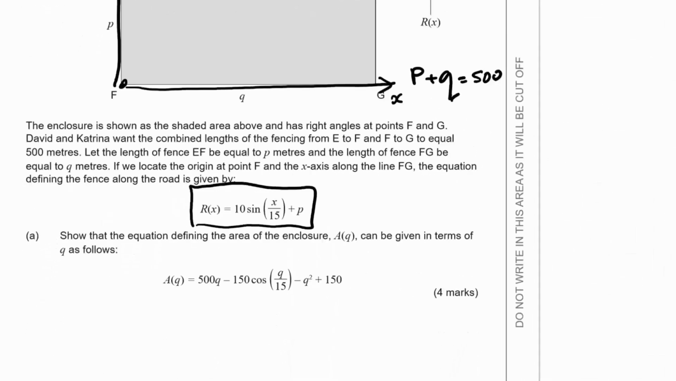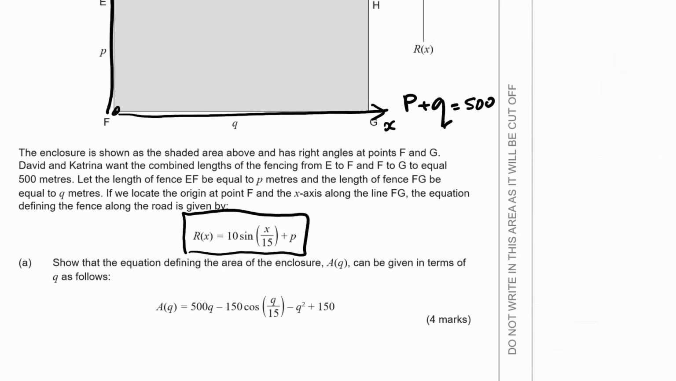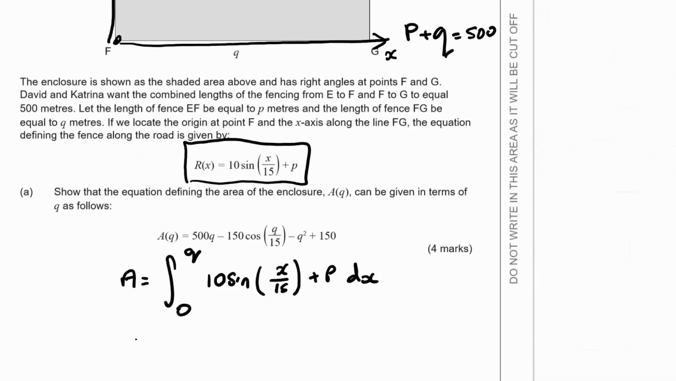Show that the equation defining the area of the enclosure can be given in terms of Q as follows. Well, the area would be the integral from 0 to Q of 10 sine x over 15 plus P dx. So we know that sine integrates to negative cos. So that's going to be negative